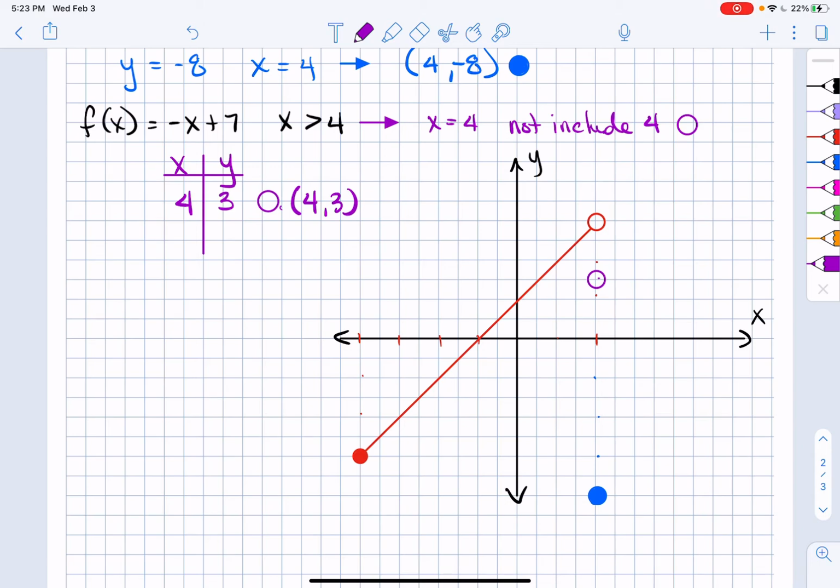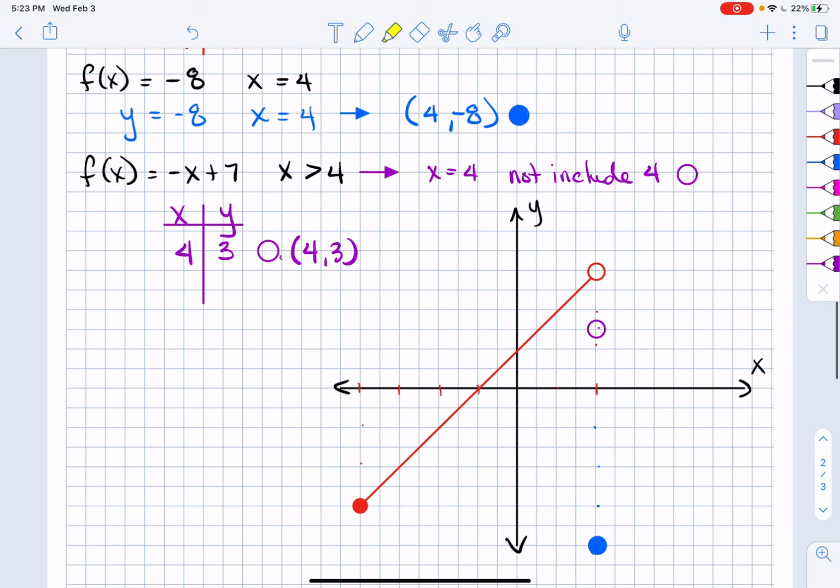So what I can do is look at the slope, which is a -1. So I could draw this line so it goes down 1, right 1. So now I have this arrow that goes down. So that, ladies and gentlemen, would be my answer, and if you look at these points, this was